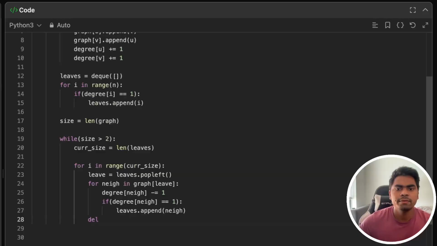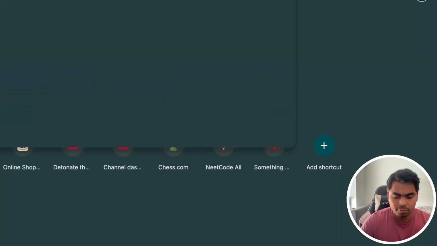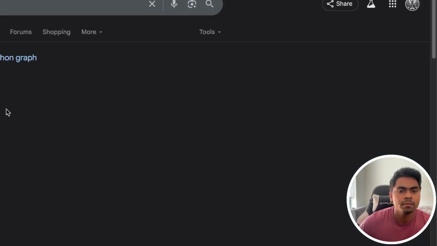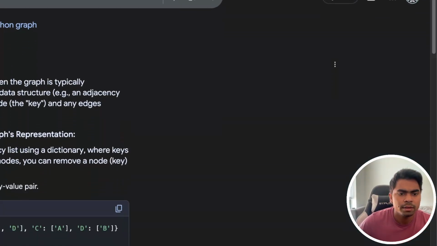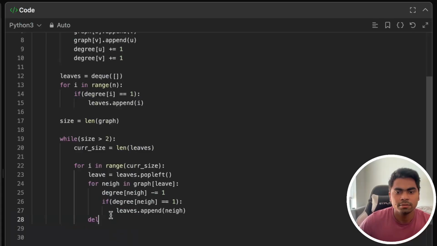I think there is a way to delete a key from a Python graph. I forgot, I haven't done it lately. Yes, this is the way. It's okay, we can search, we're not experts of Python, we are experts of solving the problems. So for this graph, I will just send in the leaf. So I'm removing that,